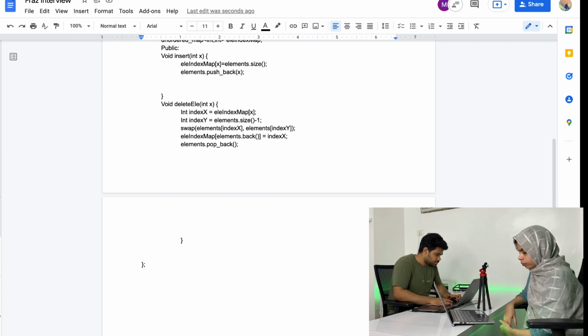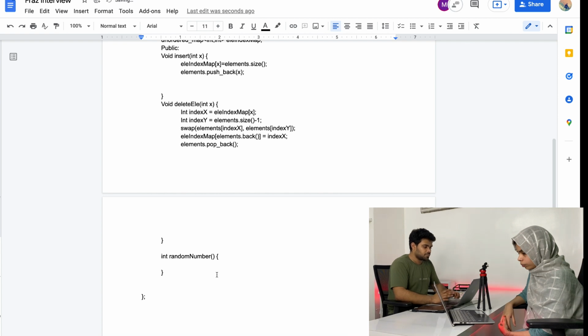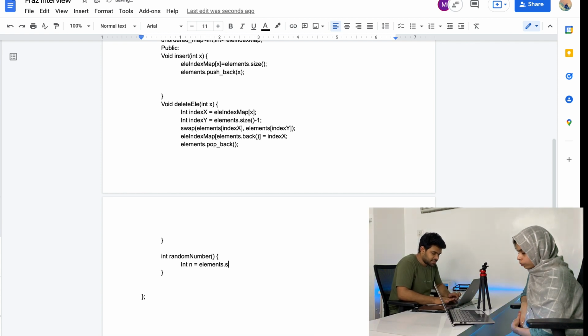So now there's one last function left, that is to return the int random number. So we already know the size of the data structure that we are having. So int n is equal to elements dot size.